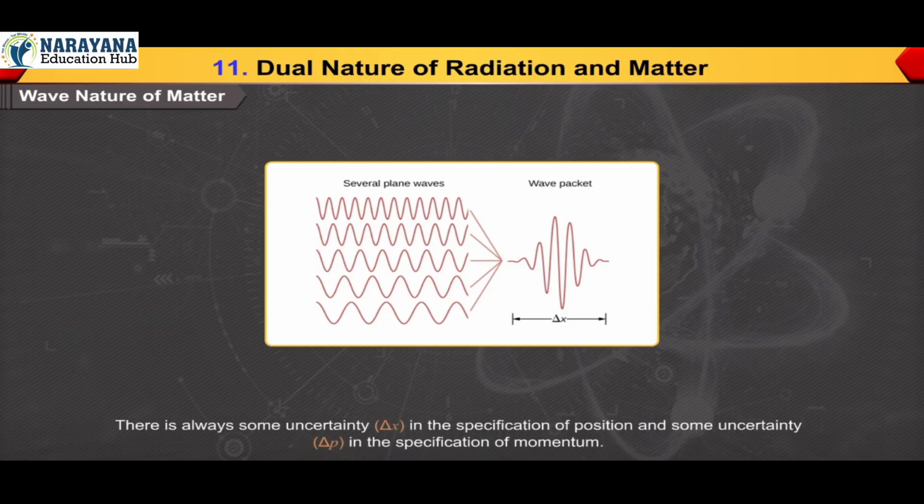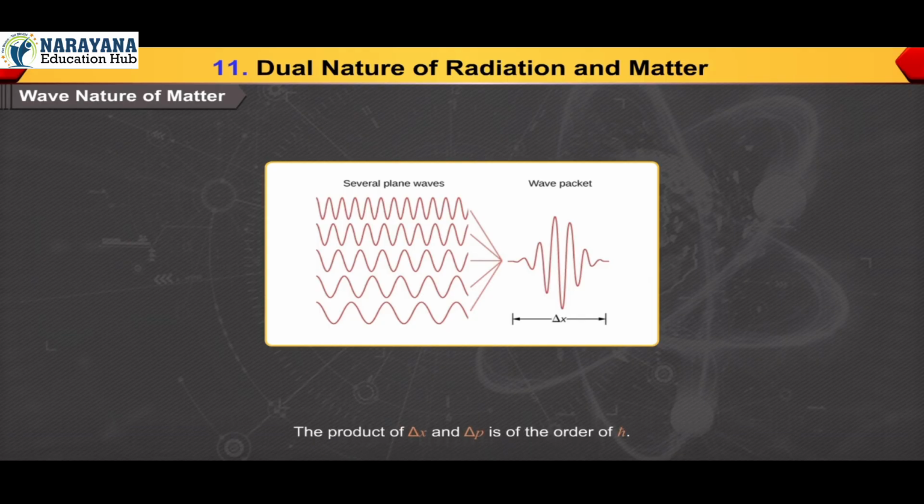There is always some uncertainty Δx in the specification of position and some uncertainty Δp in the specification of momentum. The product of Δx and Δp is of the order of ħ, where ħ is equal to h upon 2π. That is, Δx · Δp is approximately equal to ħ. (12)